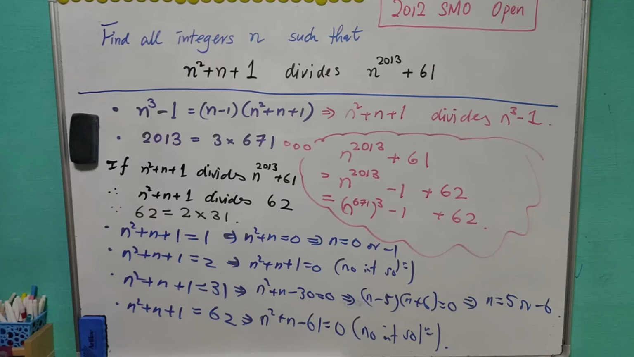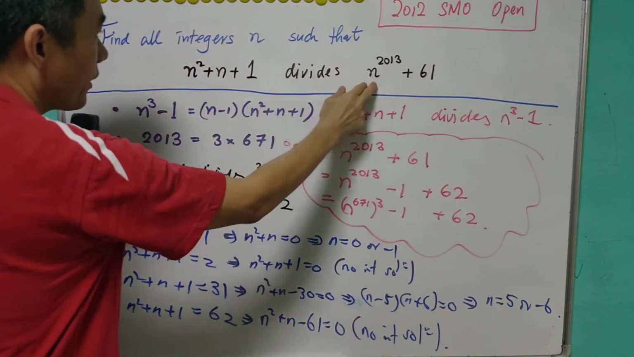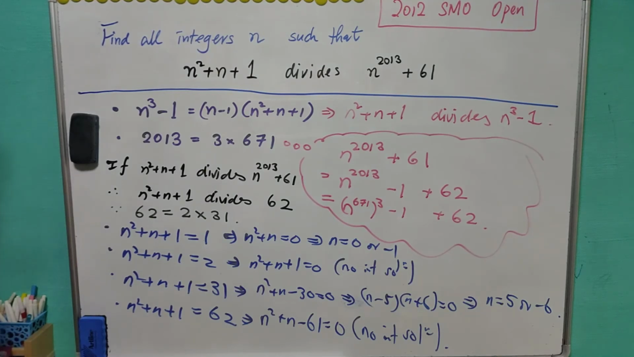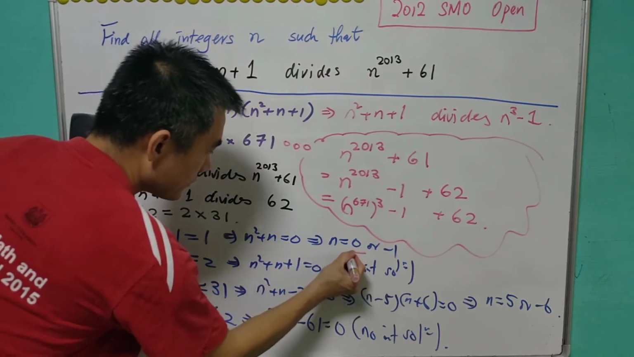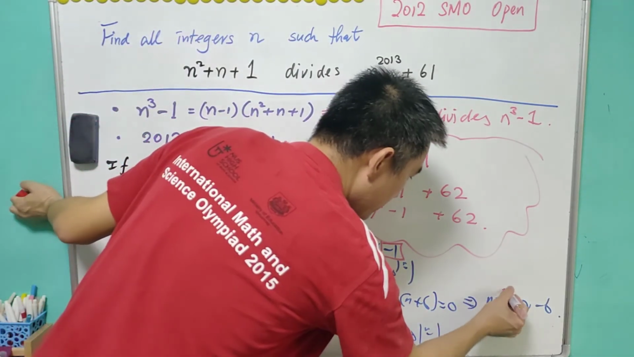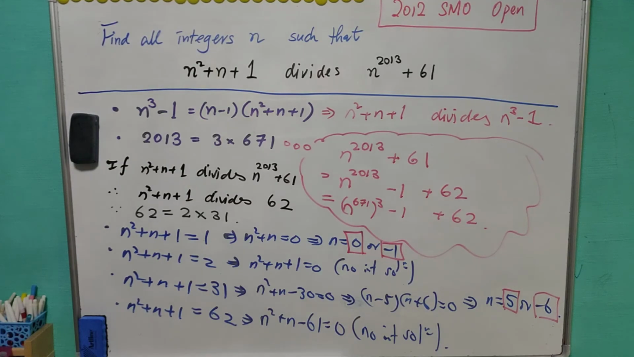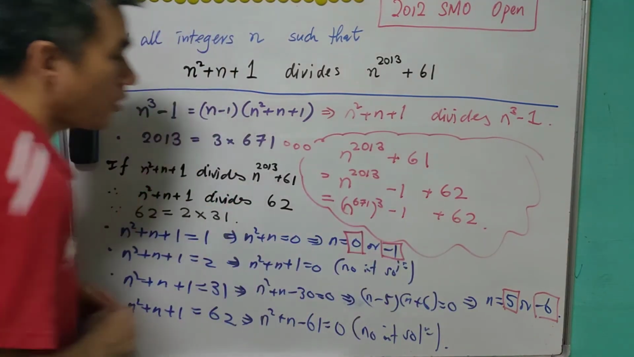So to conclude, the integers n such that n squared plus n plus 1 divides n to the power of 2013 plus 61 are 0, negative 1, 5, and also negative 6. So these are the 4 answers